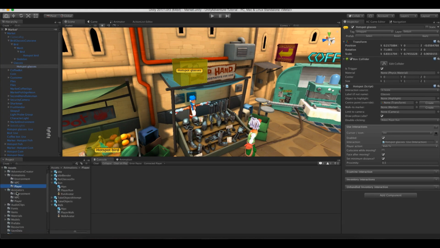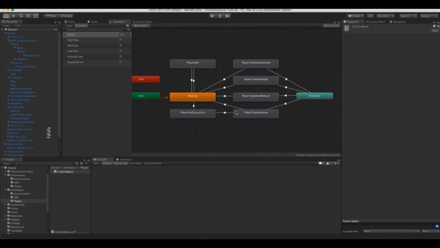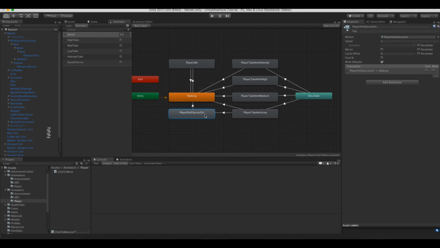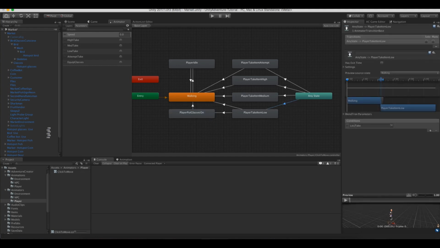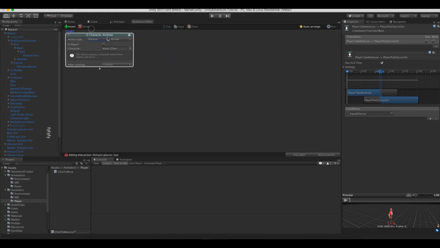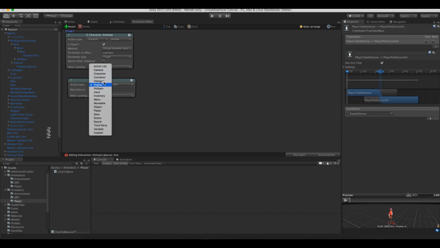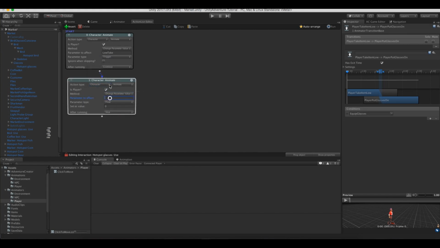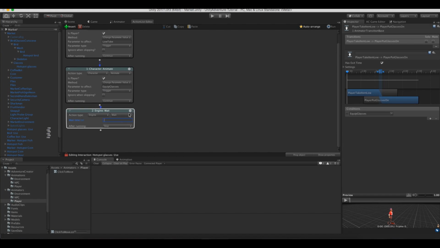In our animations or animators player, we've got click to move, and we want to be playing the player put glasses on animation. And to do that, we're going to be triggering the low take and the equip glasses parameters. So we'll start off with 2 character animate actions, one for low take, which will be a trigger, and another for equip glasses. We'll wait another maybe half second,